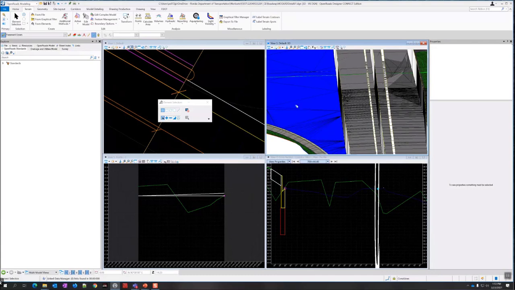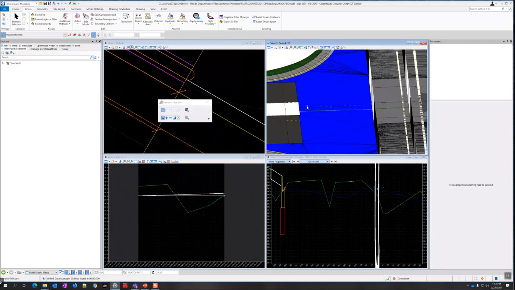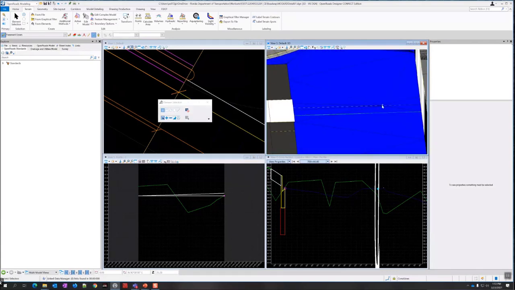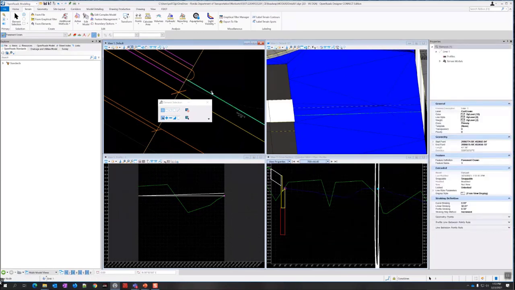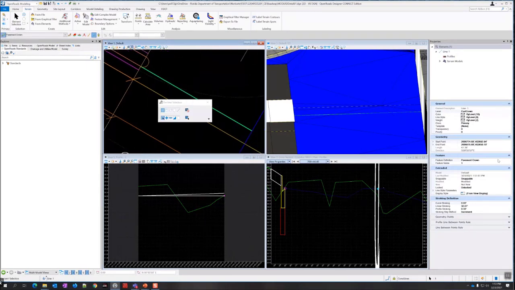The other thing that you can do, so notice how this only has one triangle going across there. If I change the stroking definition on this line, so I'm going to bring it up. And if you don't already bring up the properties dialog, you can always click right here on the left side, properties, when you have it selected. I'm going to come down here to the linear stroking. This is set to 32 feet.